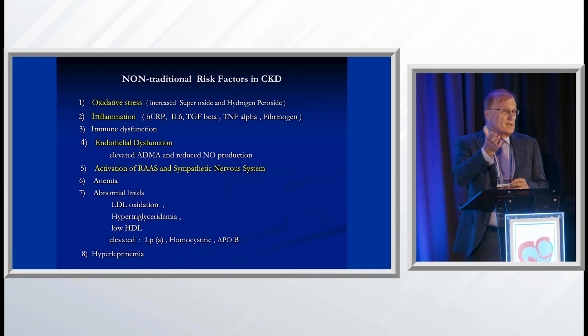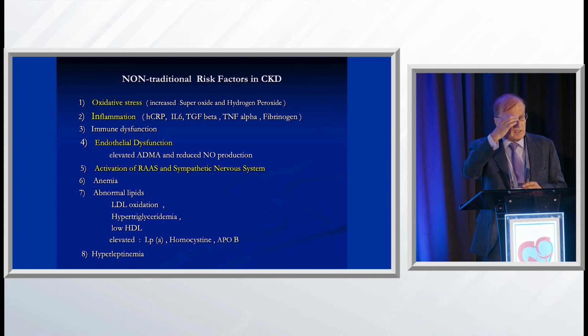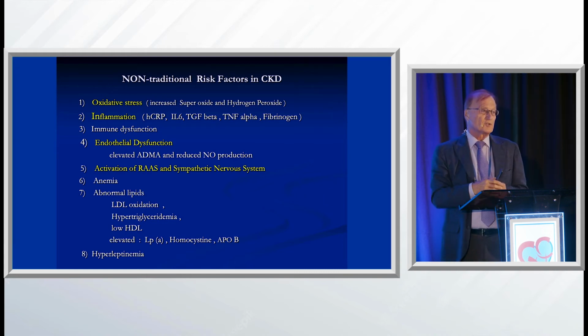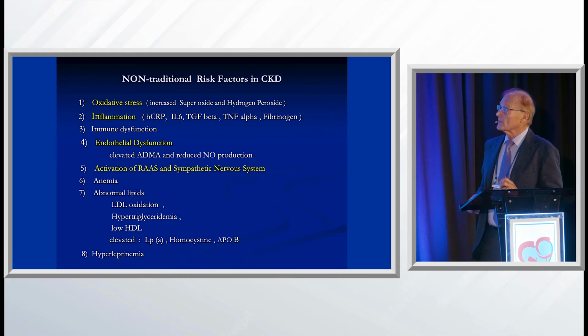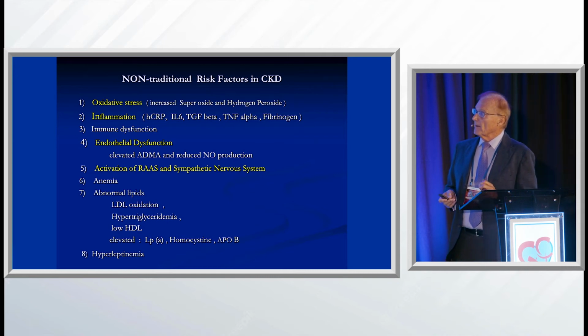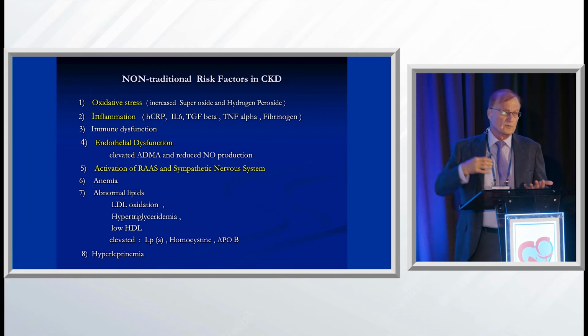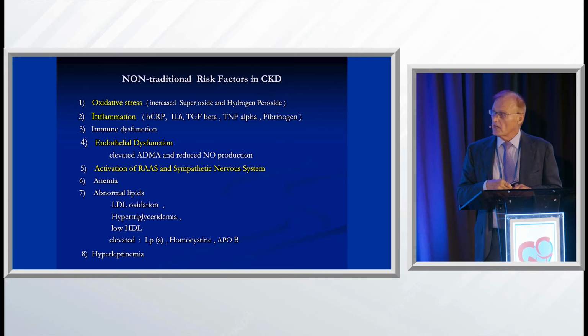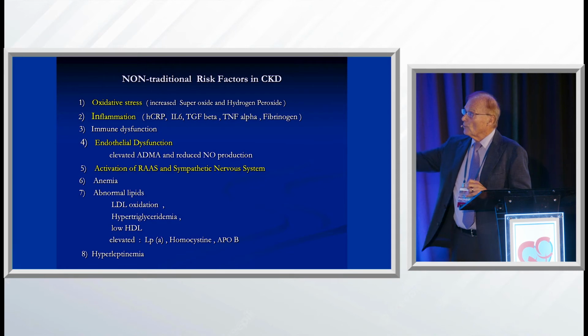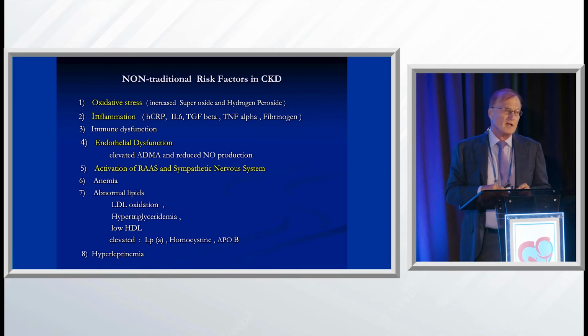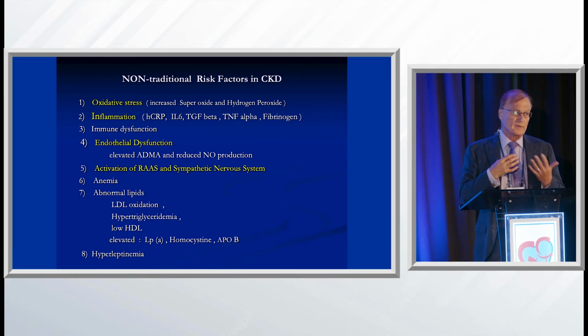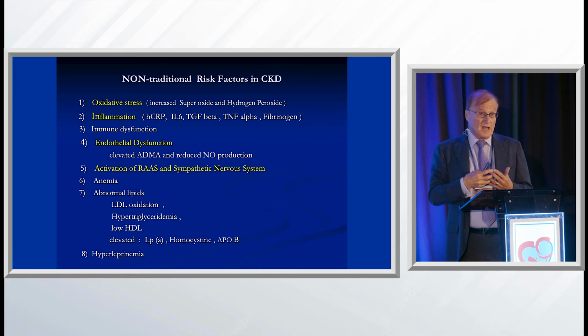And if the endothelium gets diseased, the albumin then has a much greater chance of going through it, although the podocyte is the critical barrier. So again, you have the endothelial dysfunction, you destroy more nitric oxide because you produce compounds like ADMA, which does it. And importantly, you have the activation of the renin-angiotensin system. Your renin goes up, your angiotensin 2 goes up, and your aldosterone goes up.